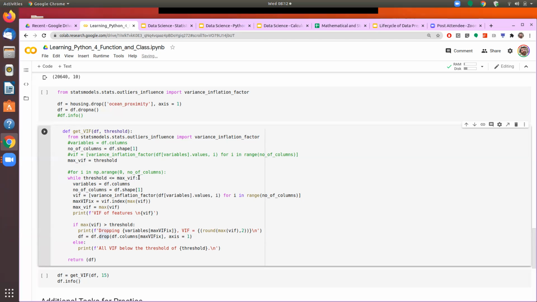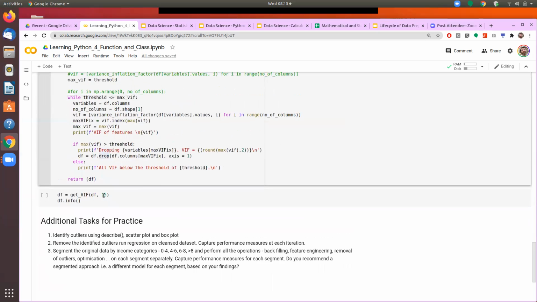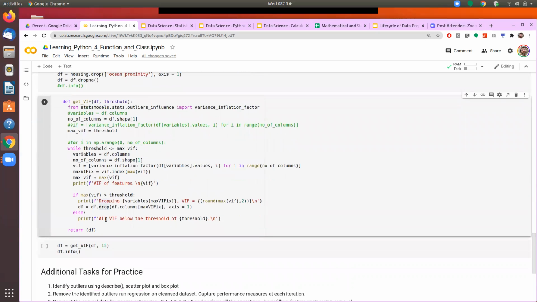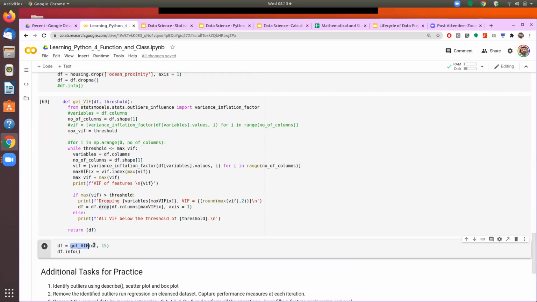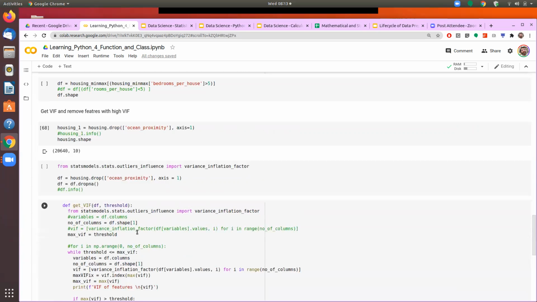First, let's understand what we are trying to do, and then we'll go into details of the code as to what is actually being done. What we are trying to do is, from the data set, compute the VIF score, find out which column has the highest correlation with others. If that VIF score is more than the threshold which I give, remove that. We'll do that now. Until now you are familiar with how to call the function. So I call the function here, I give the parameters. Parameters here, we have to give the file name.